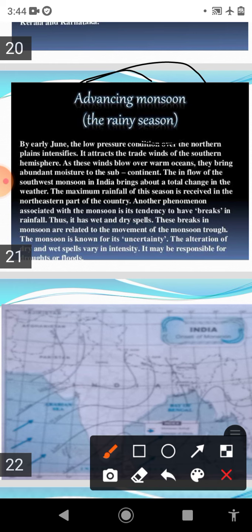Temperature all over the country begins to fall as the monsoon rainfall enters and intensifies. The northwestern parts and the desert areas of Rajasthan still have temperatures reaching up to 40 degrees